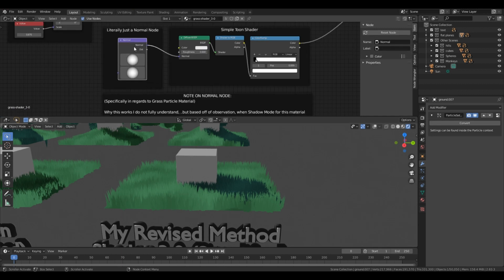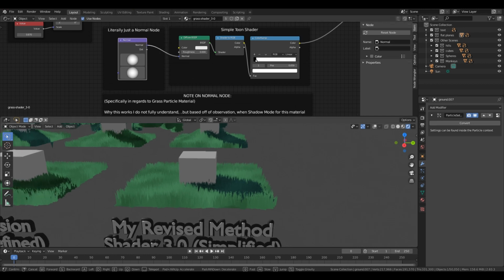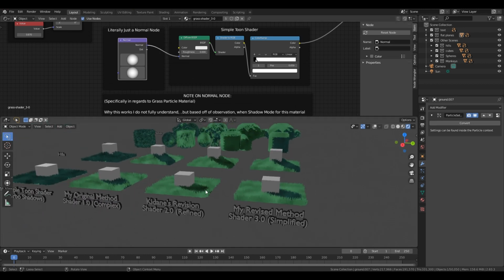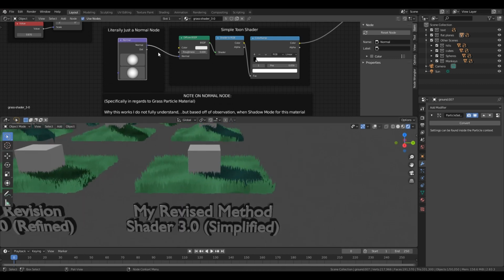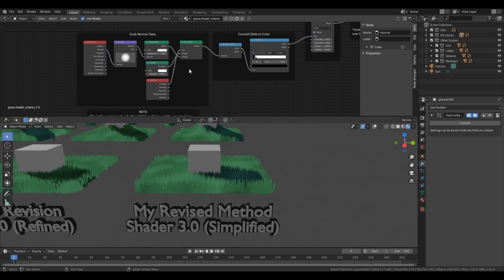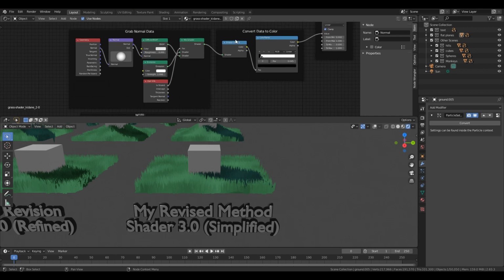You can just use the normal node. And I feel so stupid. I knew this thing existed, but it never occurred to me to try and use it to grab the normal data. It never occurred to me. But again, I wouldn't have figured this out if it wasn't for Kidane in his revision that he posted to